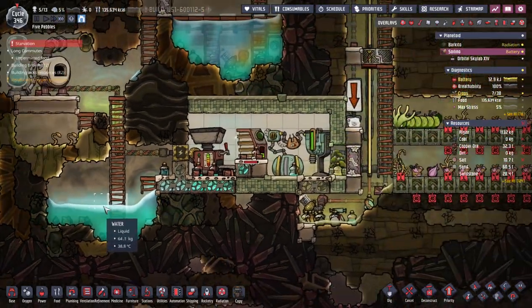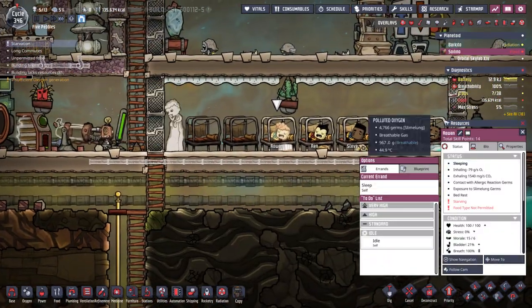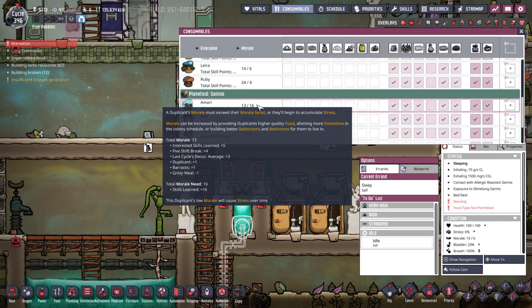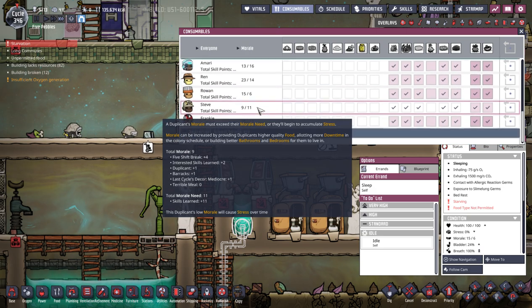There's even water in there. This is not good. Even Rowan's hungry. Yeah, I think they're a little worse than hungry, but